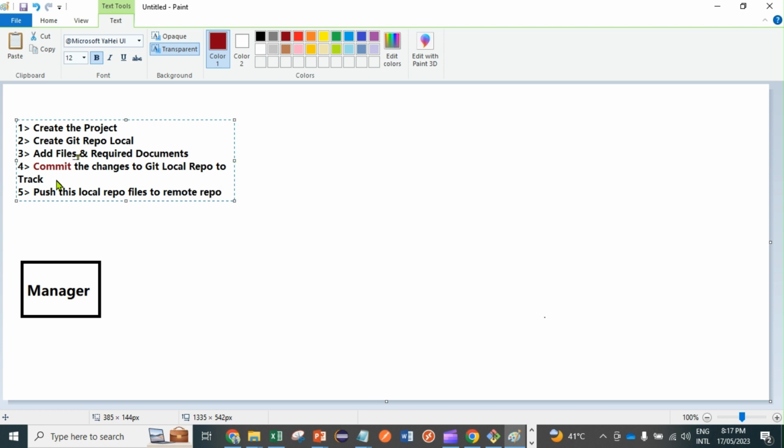these local repo files to the remote repository, which is GitHub, guys. Whatever he has on the local machine, whatever folder structure he has created, he will push to the remote repository. Understand? So this is very basic. Create a project, create a Git repository, then add files or a document, commit it, and